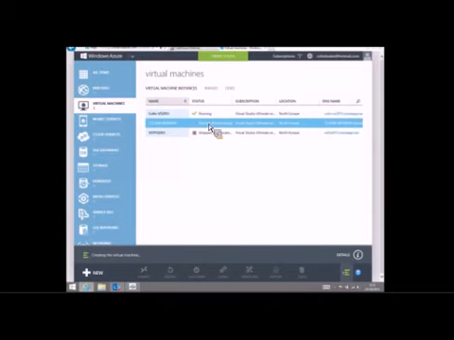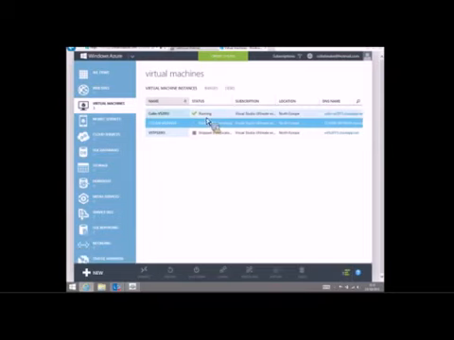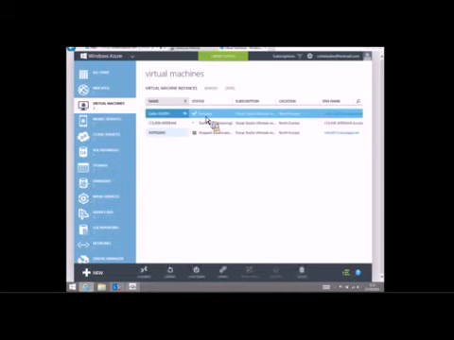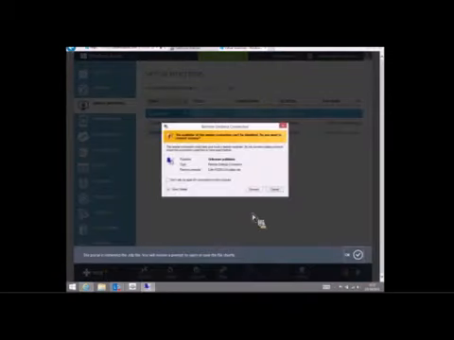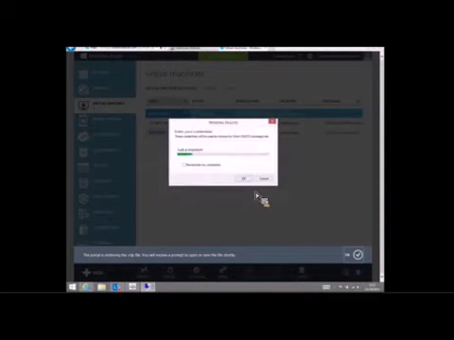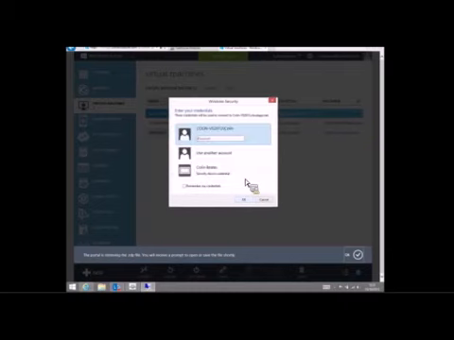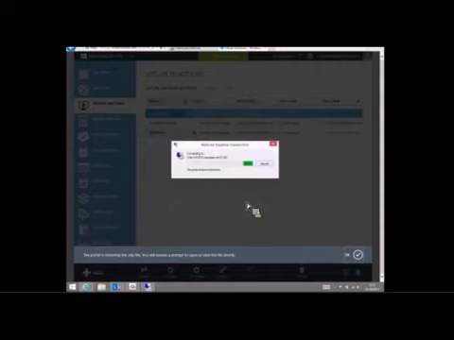Now, it'll take probably about 3 or 4 minutes to provision that, but I have one up and running currently. So let's just quickly take a look at how we would connect to that. We click connect, we get an RDP file that we can then connect to a machine on. Select connect and enter our credentials. So I can then go and put in my credentials for this machine. OK that, and it will connect me to that machine in a normal remote desktop connection. It will go off and do that.